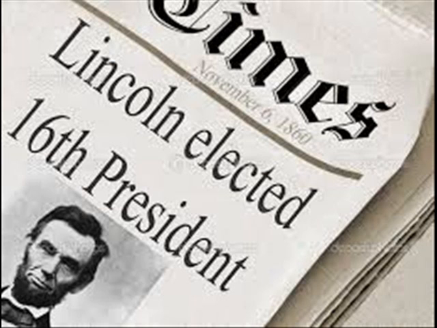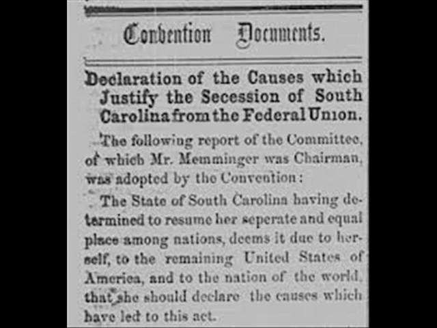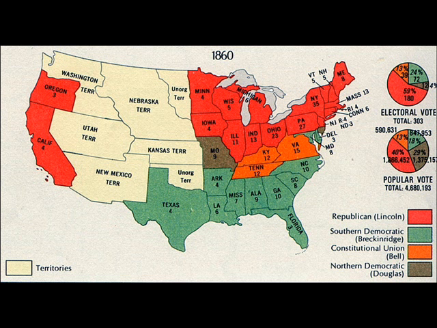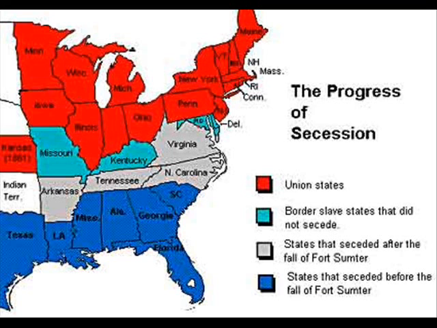Abraham Lincoln got elected, and even before he got elected, South Carolina had seceded because they pretty much knew that Lincoln was going to get elected. The cause of Abraham Lincoln getting elected was that he won the presidency because he got 40% of the popular vote, and he won the electoral college. And the effect was that afterwards, several other southern states would secede from the Union.